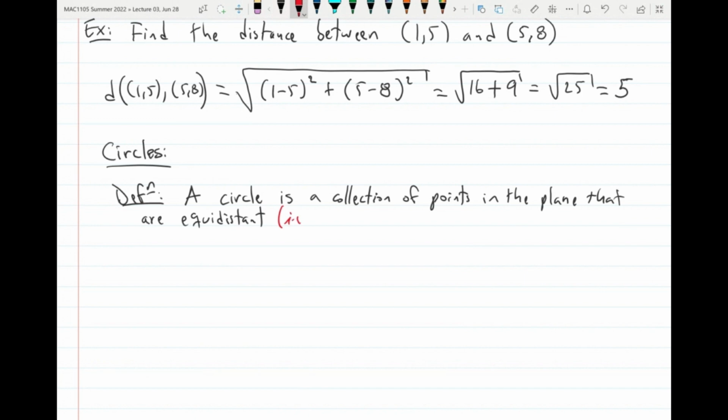So that means same distance. Equidistant, should I say from or to? I want to say equidistant to or from a fixed point. Now I'm not sure if I should say to or from. What's the right preposition? From? Okay. Equidistant from, that are equidistant from a fixed point